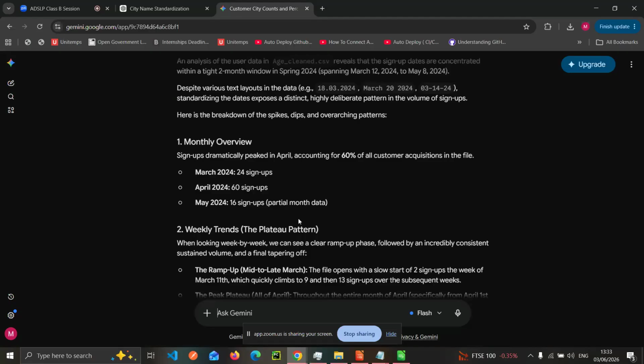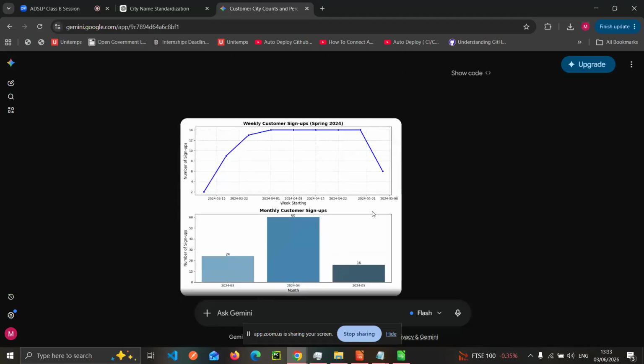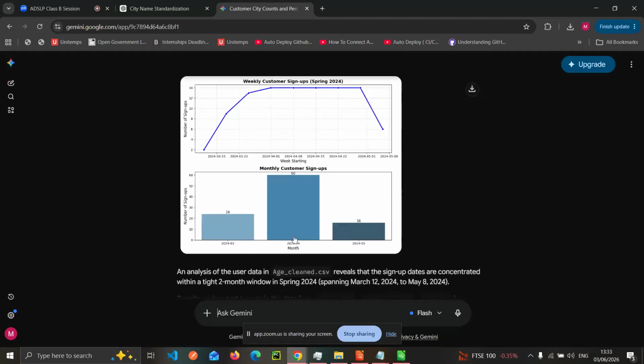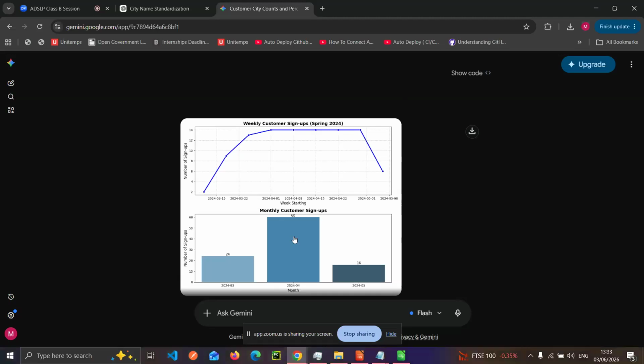So this is more of a monthly trend, and we could go further to get the weekly trend. And this is all about identifying. You can see we have a graph here where we have weekly customer signups. And just from this graph, as we're talking of data visualization, rather than giving someone the entire data set or the data sheet to go across, presenting just this graph has helped in summarizing data and in focusing. Like, for example, the first graph here is the weekly customer signups in spring 2024, and this one is more of the monthly customer signups.